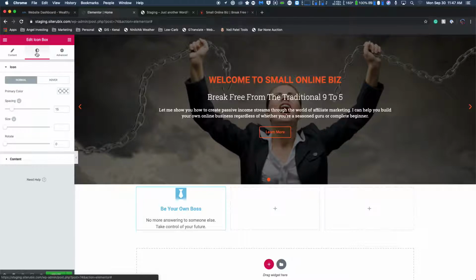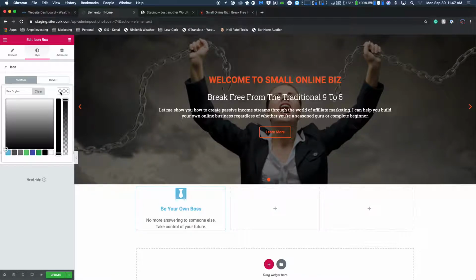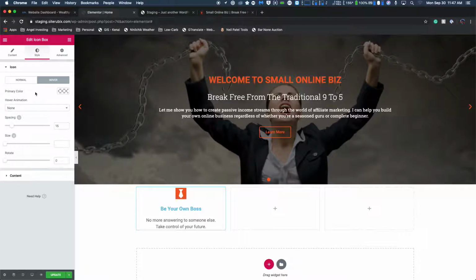So I can go style here, primary color. If I do this, that changes just the icon. See that? But might as well do that now. So it's F15D28 is my color. It's the one I like. And then when I hover over it,